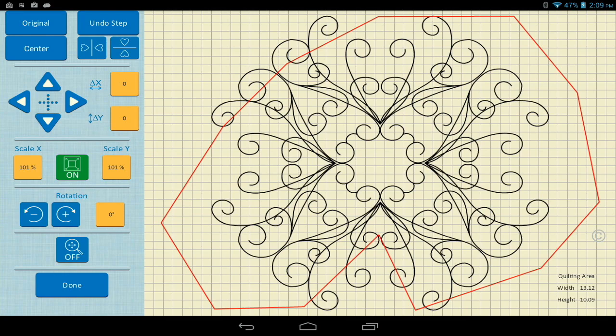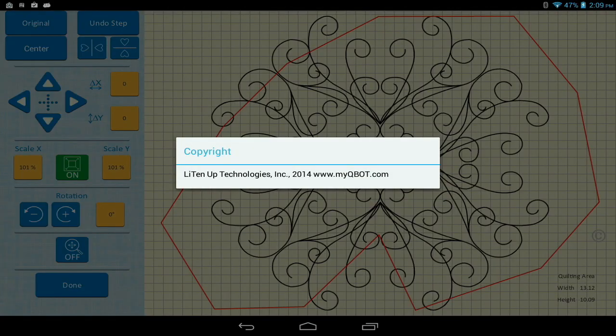Another thing that we have in the lower right, we show the quilting area, which is the area of what you've chosen. Now it gives the equivalent rectangular area here. We don't get real specific, so if you're doing 4 points, it'll be more correct than this. For designs that have copyrights, there's a copyright symbol. You can press that symbol and see that that's copyright Lighten Up Technologies 2014